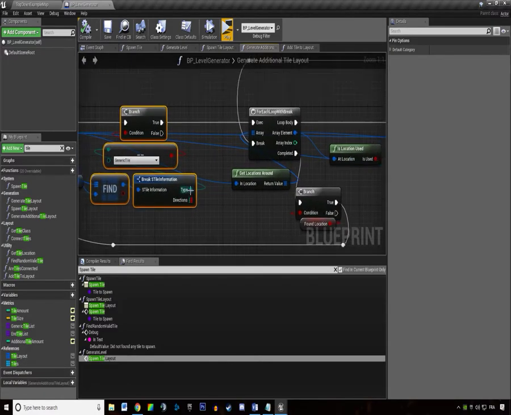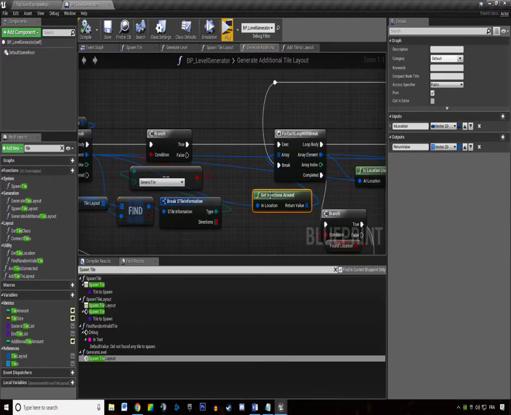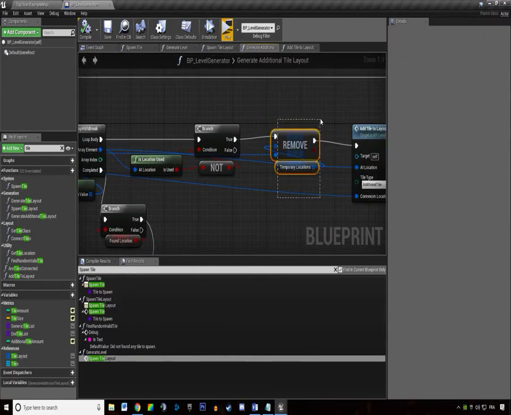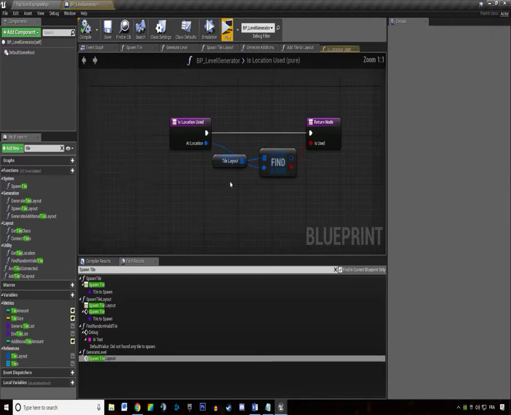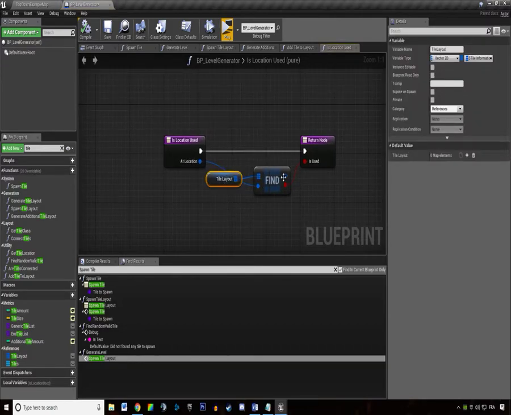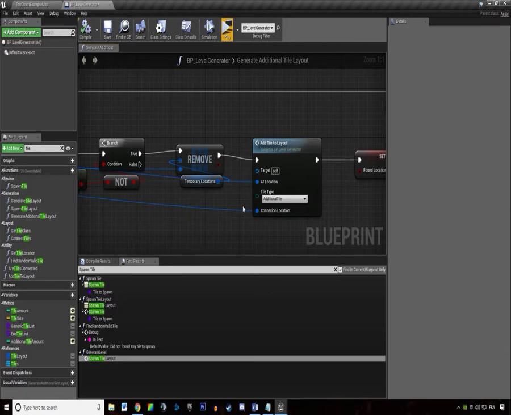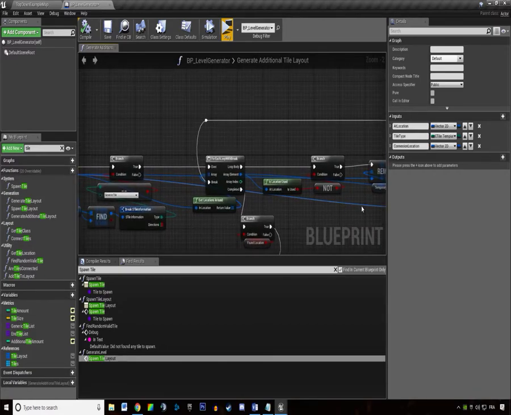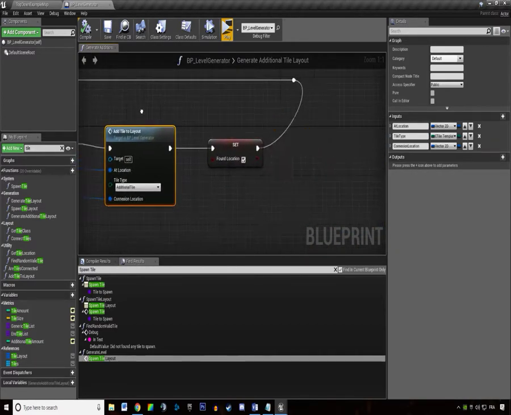We're generating additional tiles. I mean, we are only keeping the generic tile in here. We are finding the location around. If the location is not used, we're adding a tile to our layout in here. If the location is not used, here, and we are plugging it to that, which is our initial random location, which shows